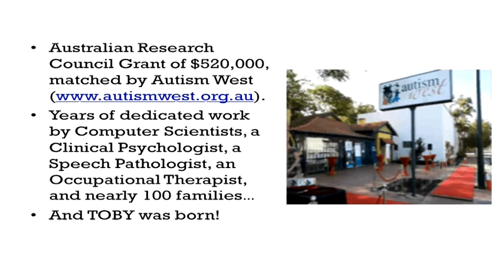It started out as an Australian Research Council grant of $520,000, and that needed to be matched by a community organisation, and that organisation is Autism West. Now, Autism West is a parent-run group and it receives no government funding whatsoever, so any funds that it uses to help support TOBY and also to run its programs out of the centre, all the funding comes through